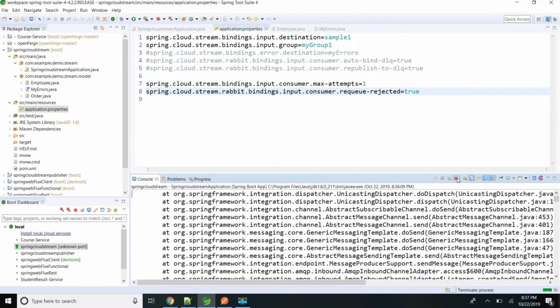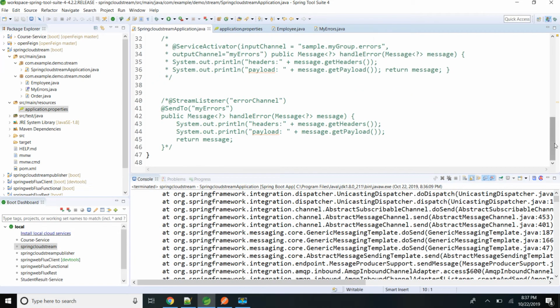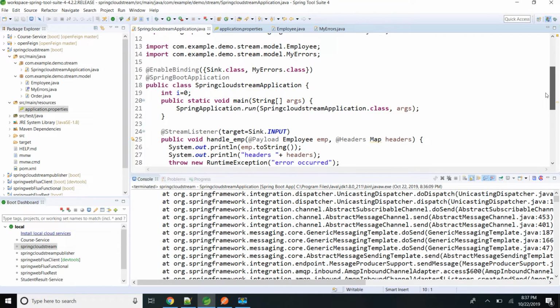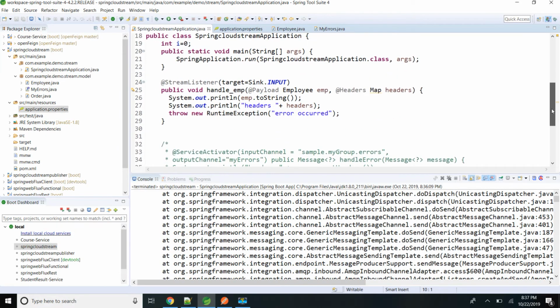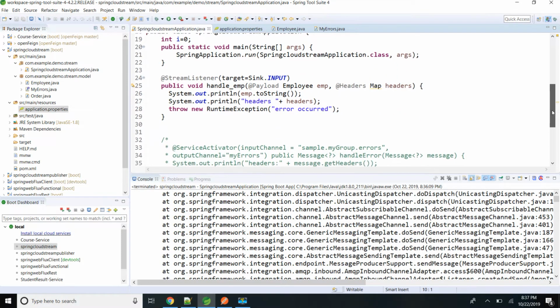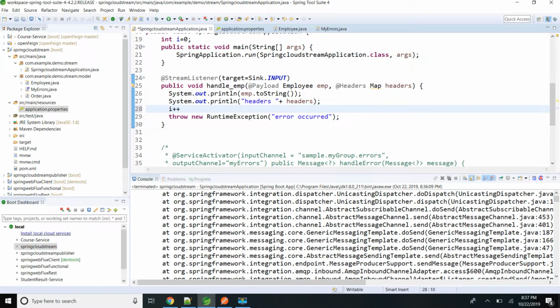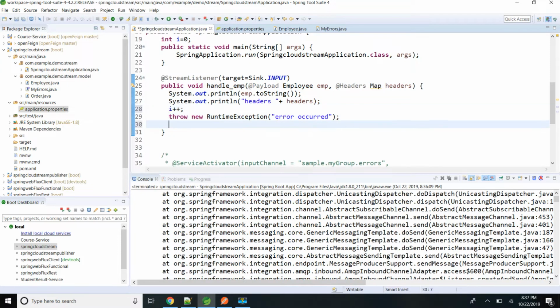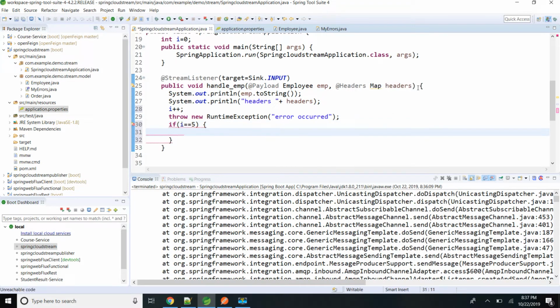So now I am going to stop this. What I am going to do, just for the demo purpose, I will add one integer variable. When the count reaches 3, I will throw that exception. So every time I will increase that i. Maybe I will use 5. If i equals 5, after trying 5 times, if you are still getting the exception, I will just throw